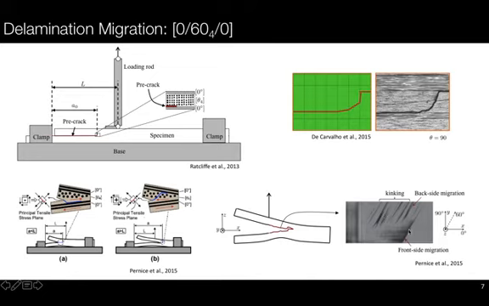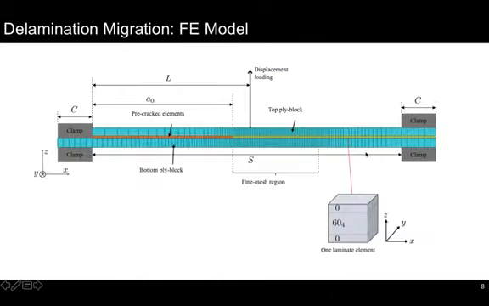And one thing in addition to note is that on the two sides of the specimen, the migration occurs at different locations. So they are caused by different matrix cracks, which further complicates the problem. So for this problem, I have designed a 3-ply 2-interface laminate element using the floating node method. I put them in the middle where delamination migration is going to happen, and then I simulated the problem.